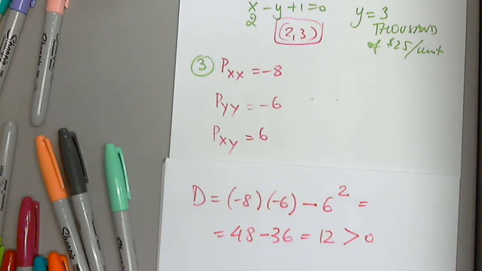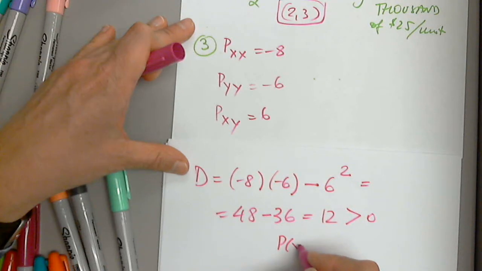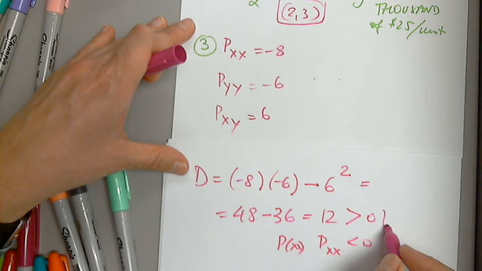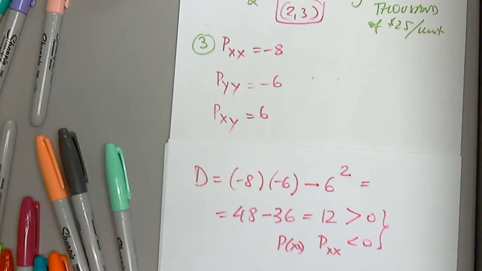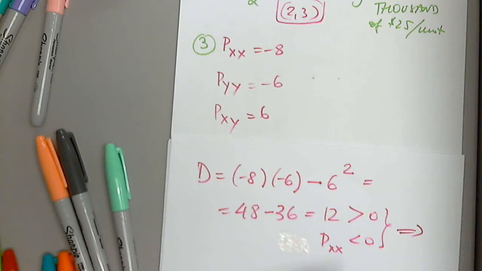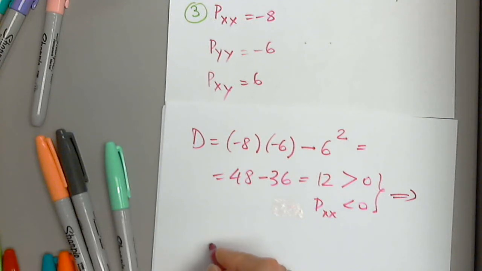I'm happy for that. pxx is negative. What do I conclude from here? That 2, 3 is a max. Indeed. So from here, I conclude that 2, 3